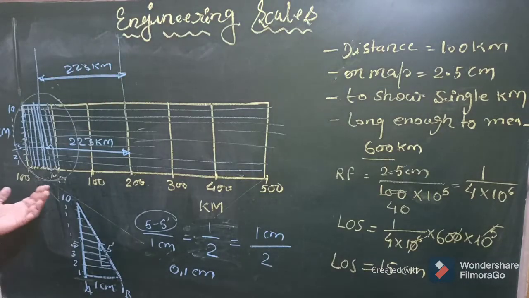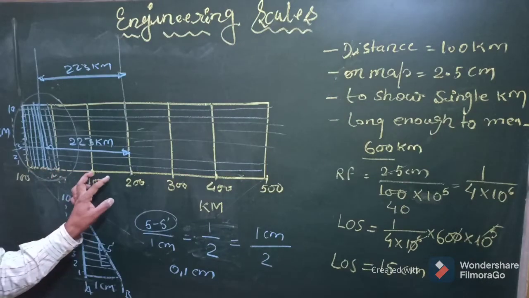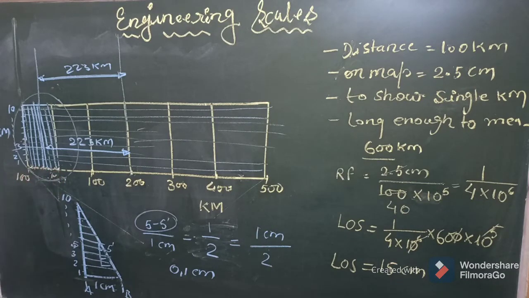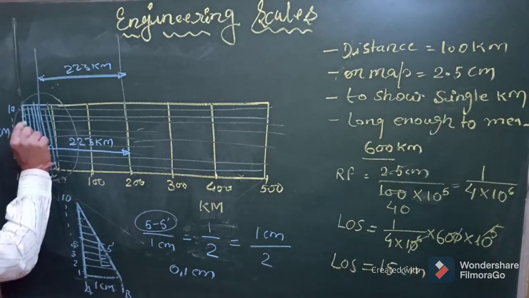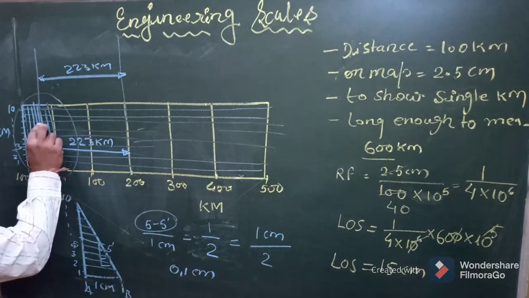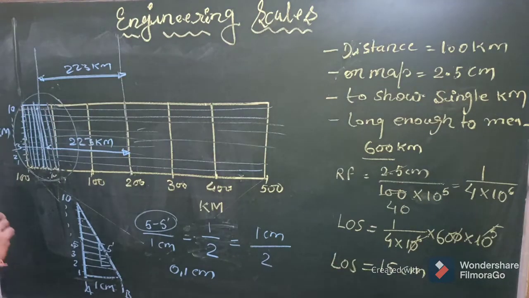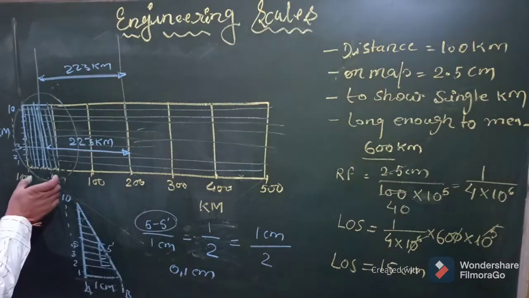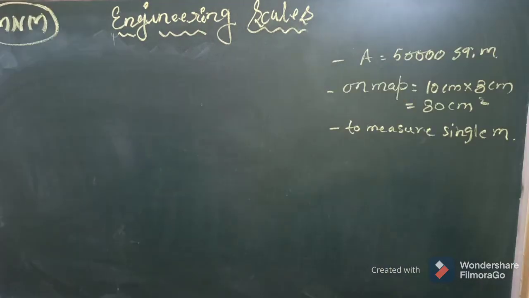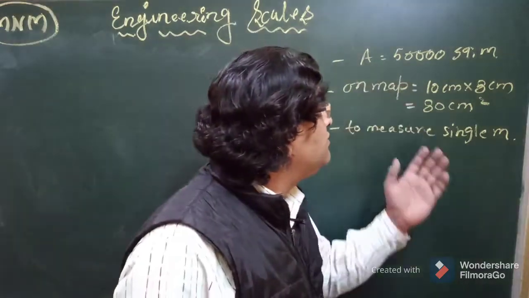So what you have to do for measurement of the distances? Hundreds we will take towards the right of 0, tens we will take towards the left, and for single kilometers we have to move on these diagonal lines up to the marking, say 220. If it would be 229, we have to go up to the 9th line. For 228 we have to go up to the 8th line on this line itself, right? So this is what diagonal scale is, and it can measure hundreds, tens of kilometers and single kilometers on one scale itself.